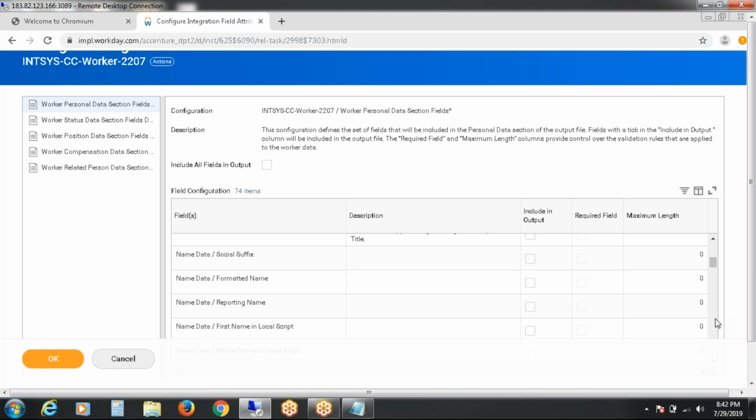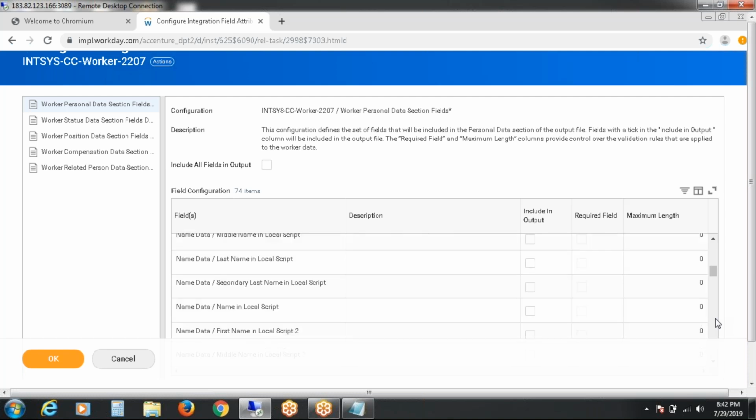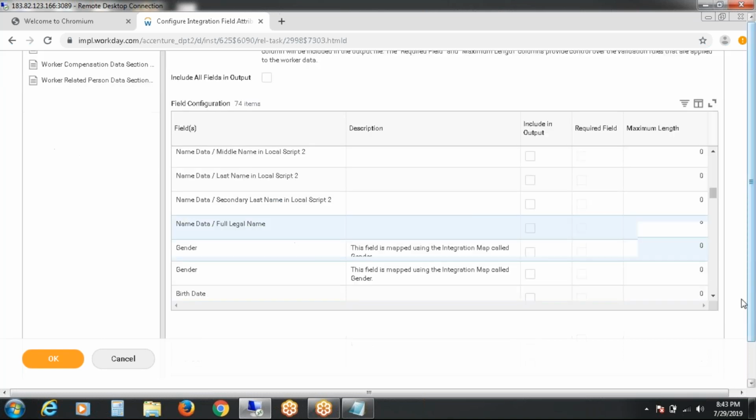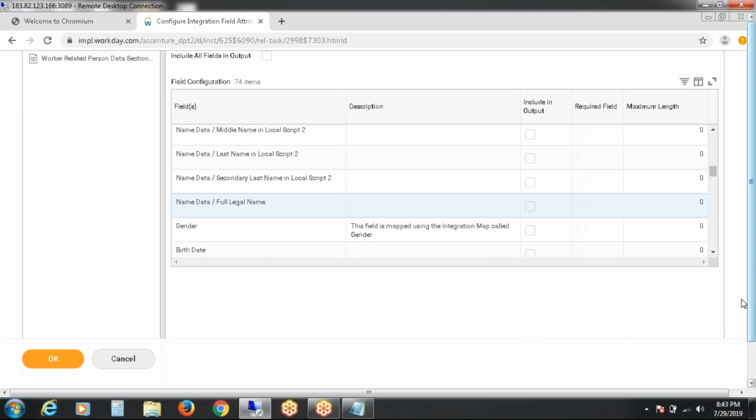So same like that, it is creating the report on its own. So it is like personal data section fields. So including first name and last name, I am not going to call full legal name, because I called already first name and last name. I want gender. So see here the process.